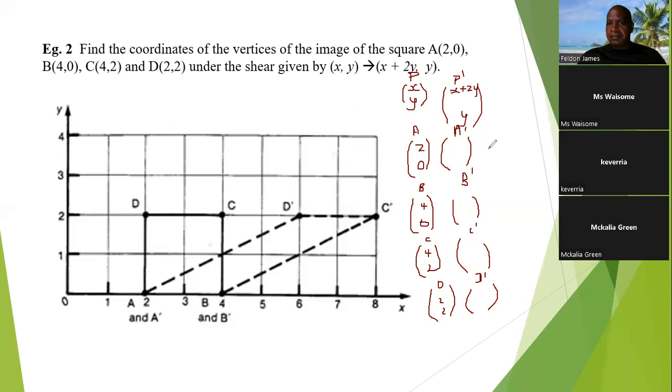Nobody finished the calculation? Yes. All right, what did you get for A dash? Sir, I got 0 and 0. All right, so for the x value, you would have x plus 2 times the y value. So you'd have 2 plus 2 times 0. Right? So 2